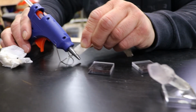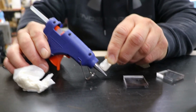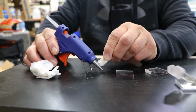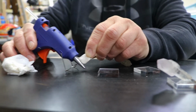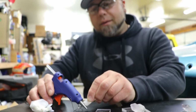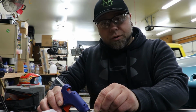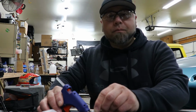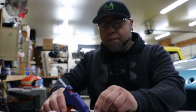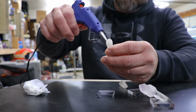I mean, I suppose I could use a torch or have a little hot plate or something like that, but I like to get it warmed up just a little bit. And it's not going to damage the crystal. Matter of fact, if you've ever seen people using a dop stick with dop wax, they heat them up over the alcohol burners. And so I could do that too, but bring an alcohol burner in here and just heat it up. But I like to heat it up just a little bit